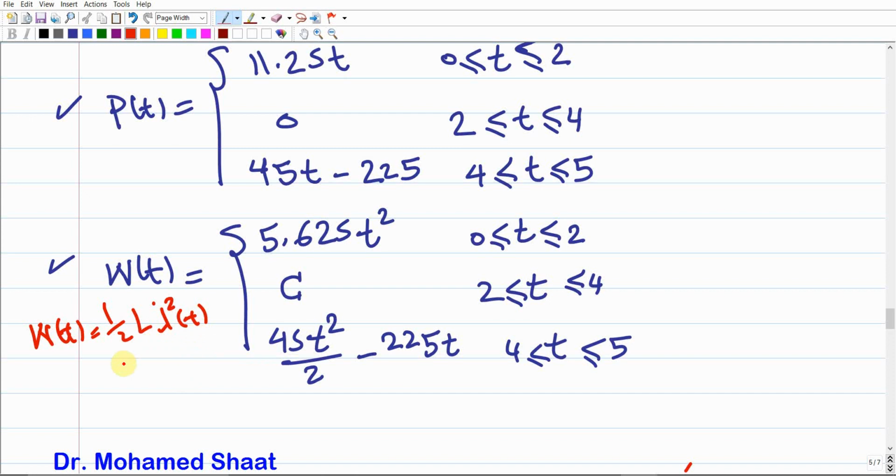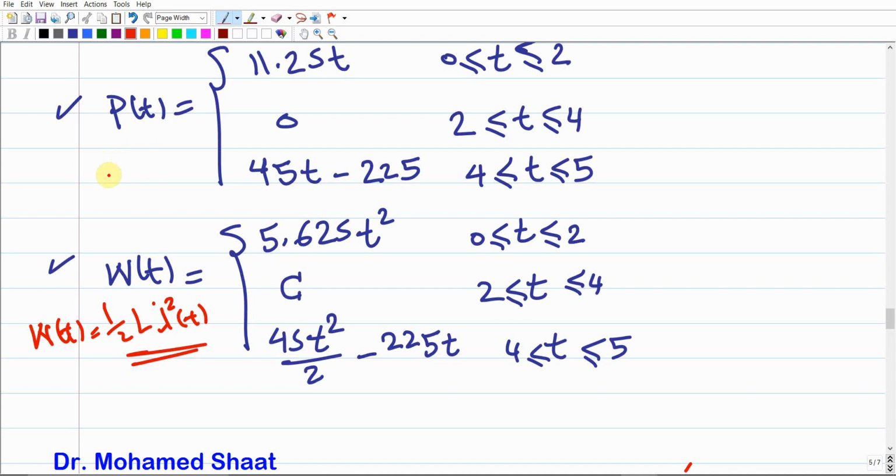It is recommended to consider that the energy is 1 over 2 L i squared, which we already got from the integral of the power, but there are some constants that we didn't consider in this function. It means that if you decided to work in this way, you should add plus c, a constant, and you should do some calculations to find this constant. You got my point? But the easiest way is to use this expression, or